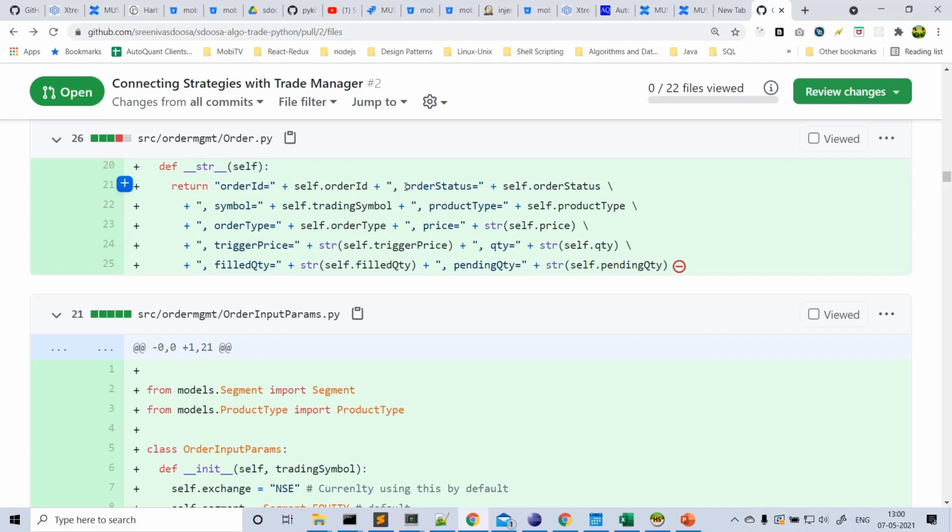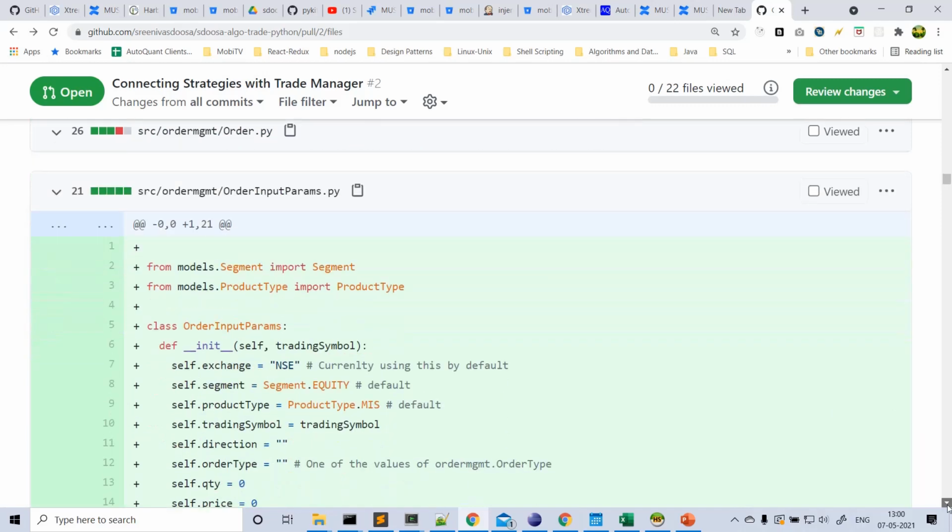If you know Java, this is similar to the toString method in Java. Whenever you print the object of an order, generally Python just prints the virtual address, correct? But we don't want the virtual address to be printed whenever this order is used inside your logging or print method. So I'm just preparing a string with the details of this order. I'm not including all the order details here, only a few important ones, and returning the string from this method. So wherever you use it inside your logging or print method when printing an order, all these details of that particular order are printed.